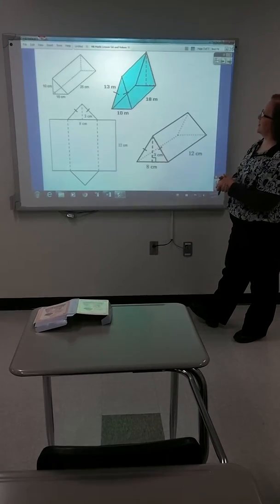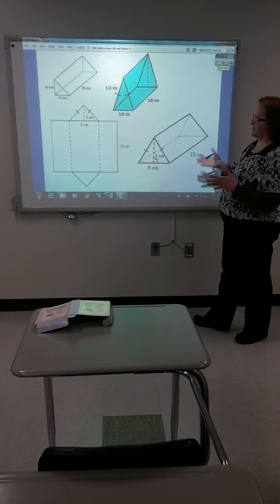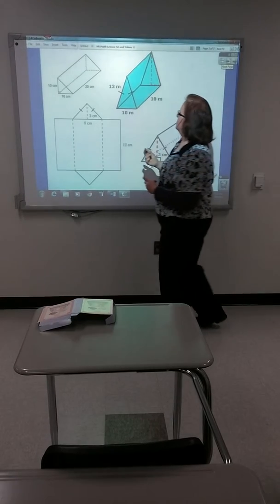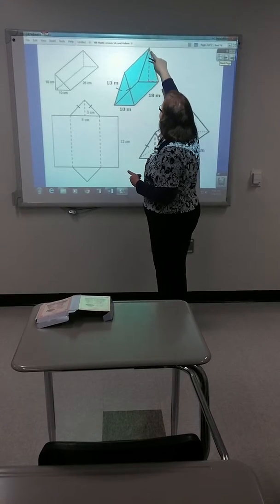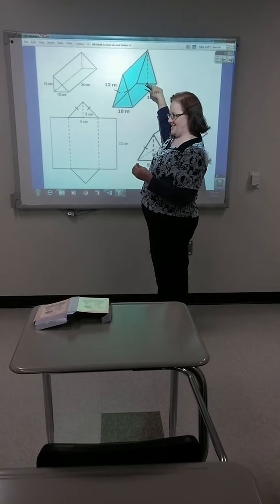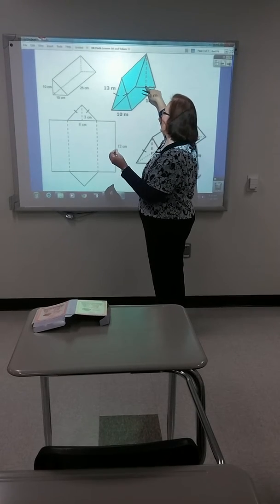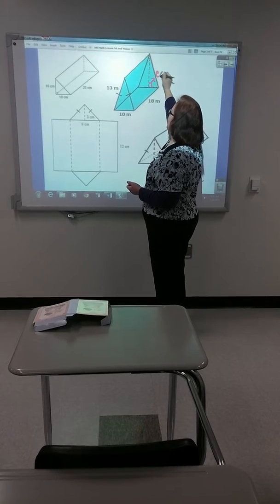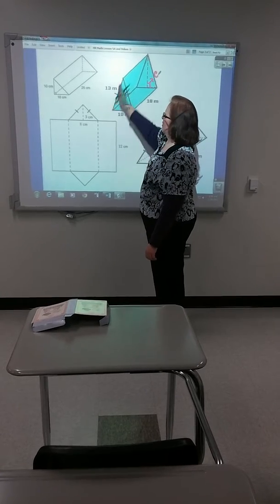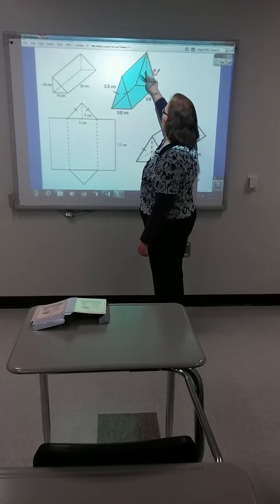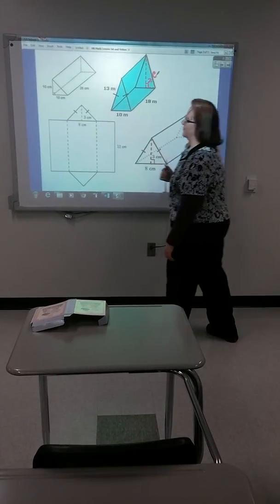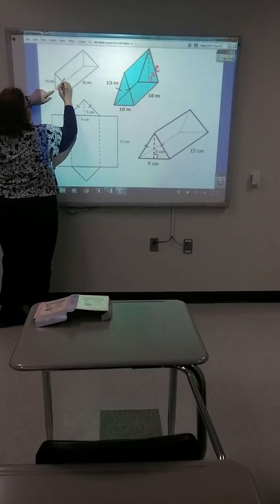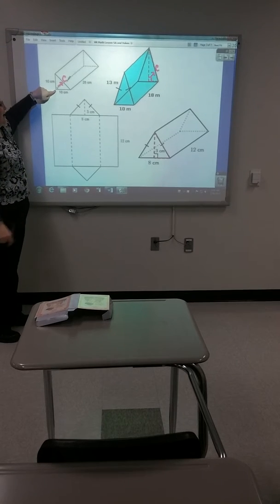All right. Now, what you need to be aware of, particularly with triangular prisms, is that sometimes there's a number missing. Here, you do not know the vertical height of the triangle. You cannot find the area of the base without it. Therefore, you would need to use Pythagorean theorem. Knowing C, you already know C, it would be actually the leg, A or B, that you would be looking for. Here, you know the two legs of the triangle, but you would need Pythagorean to find that missing side